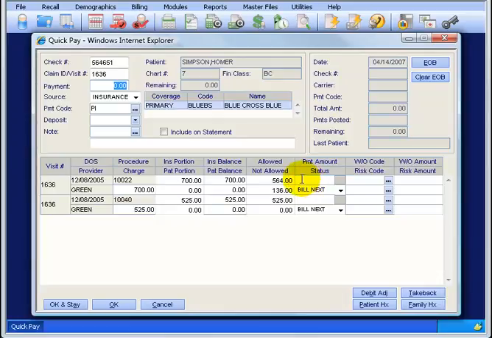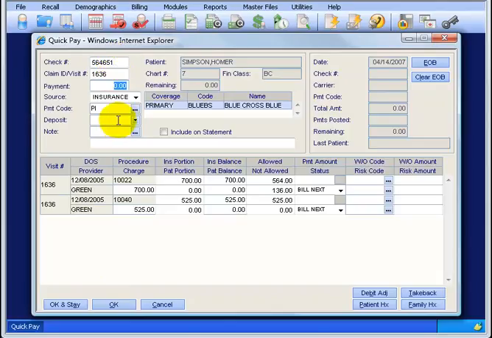Now before I go any further, I mean it's basically oversimplifying, but typing in a payment, splitting the payment between the two charges down below, and then clicking OK. But before I do that, let's do this. Let's pretend I got an EOB that has 2 patients on there, or 3 or 4 or 5, and instead of me, after I post a payment here and clicking OK, and then having to retype the check number in